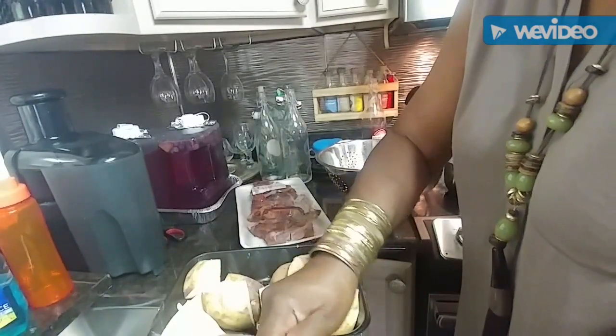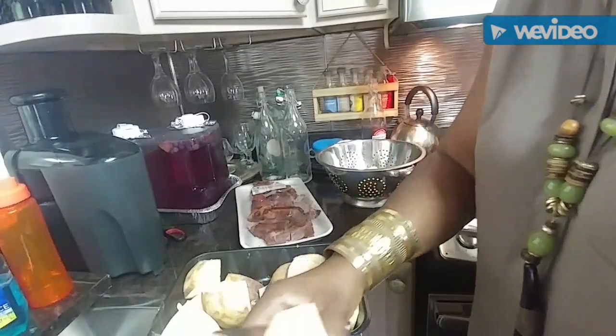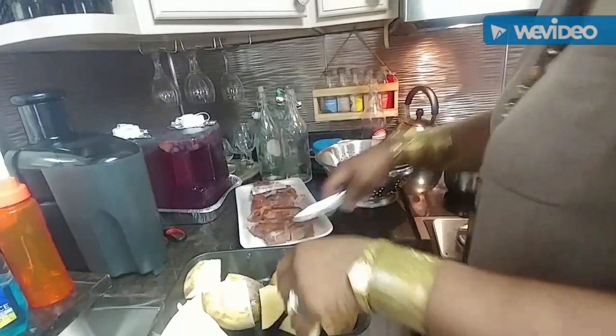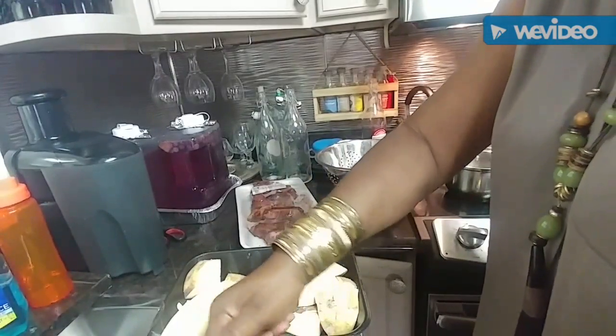So let me go ahead and just go off camera. I'm not gonna stand here and cut every one of these. This will take 10 to 12 minutes for me to get these all cut up and peeled and ready for the pan. I didn't have a chance to even go change clothes, but anyway,